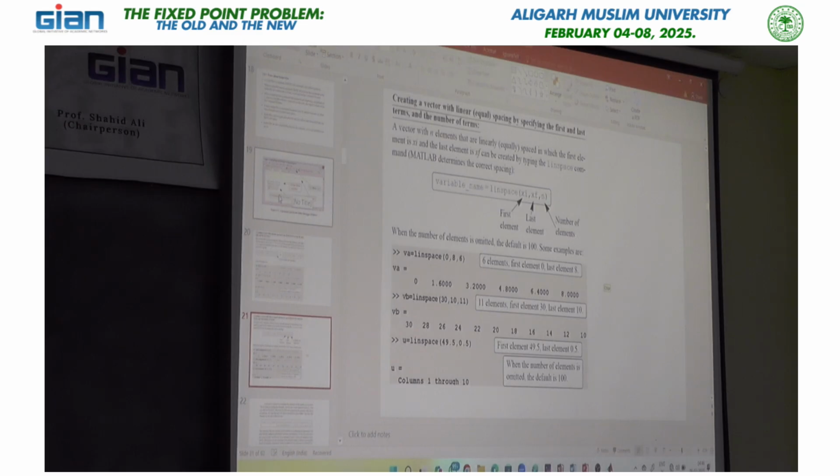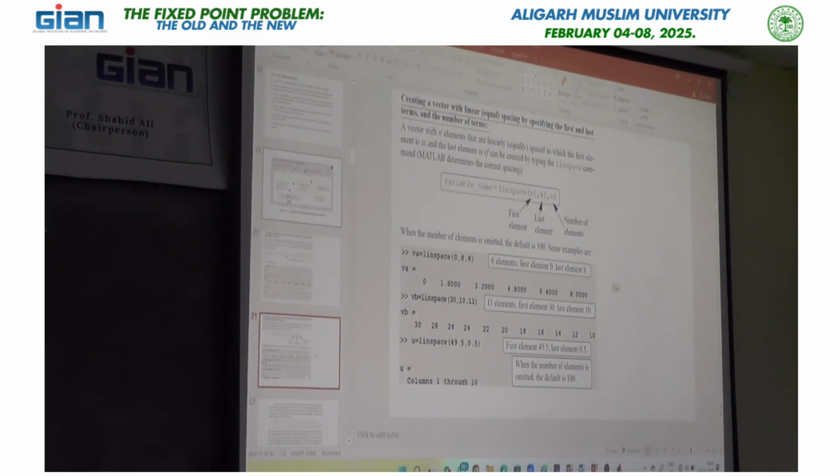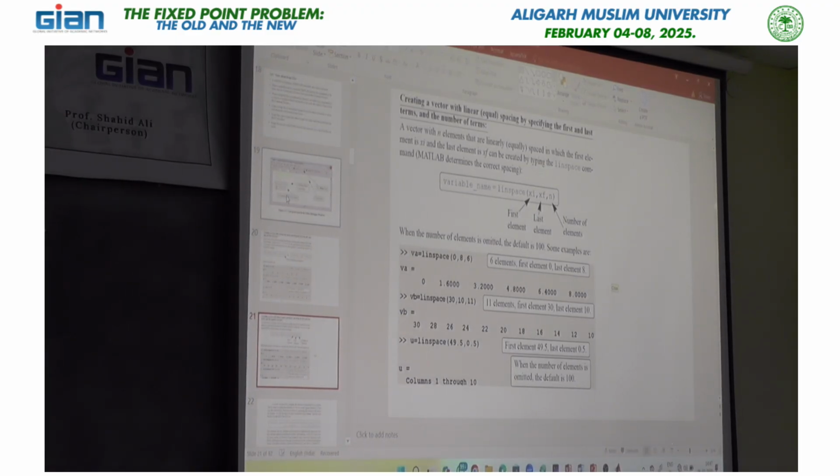Suppose I want to discretize, say, the interval minus 3 to 3. Okay, let us start from this one, 1 to 10 with equal spacing, say 1 2 3 4 and so on up to 10. So you can see that whatever the interval, say a and b including the endpoints, if we know the step size,